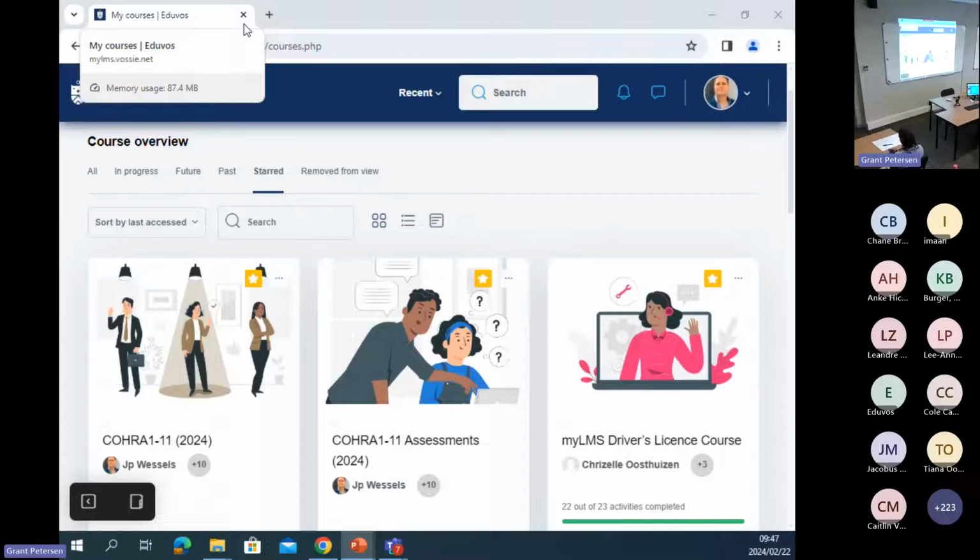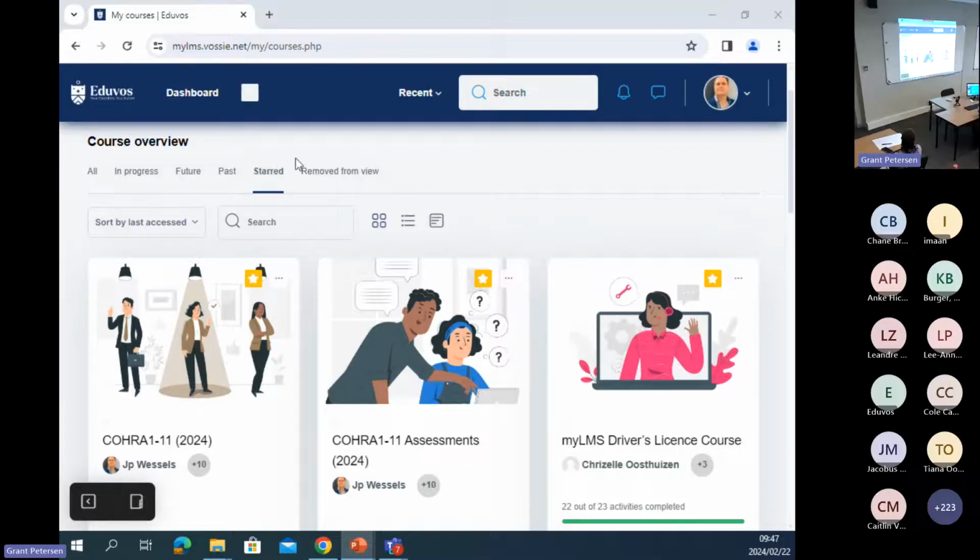So I've already signed in onto the system, right? And this is what my myLMS page looks like. We've got different tabs here on top. Sometimes it opens up the tabs for courses, shortcuts, and glossary, but otherwise you just click that little white button and you will see the menu there. Right. So if we look at that top menu and I go to my courses,